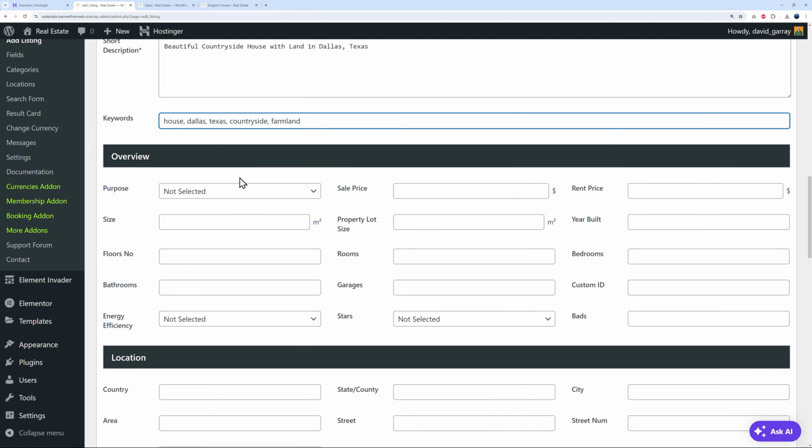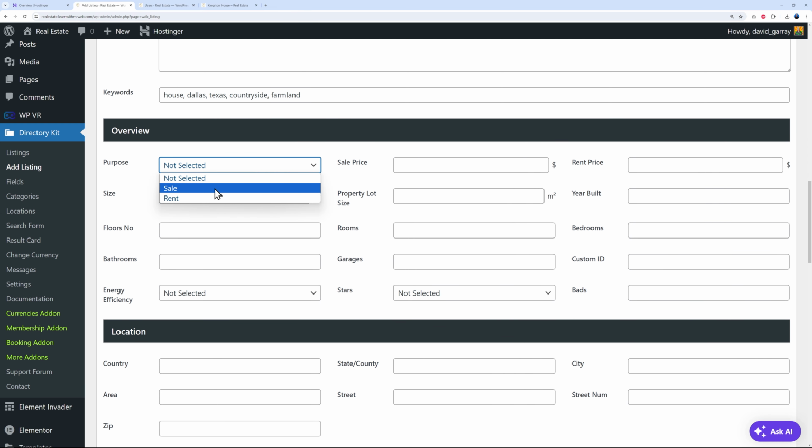So right here we have the overview. So right here, going to select the purpose. So this is for sale or for rent. So in this case, it's going to be for sale. So let's say maybe this is 485,000, and if it's for rent, you enter the price here for rent as well. So it's either one or the other, or it could be both. Maybe it's for rent or for sale as well. So I think normally it should be one or the other, but it's really up to you. If you want to rent it or sell it at the same time, you can fill up both of those